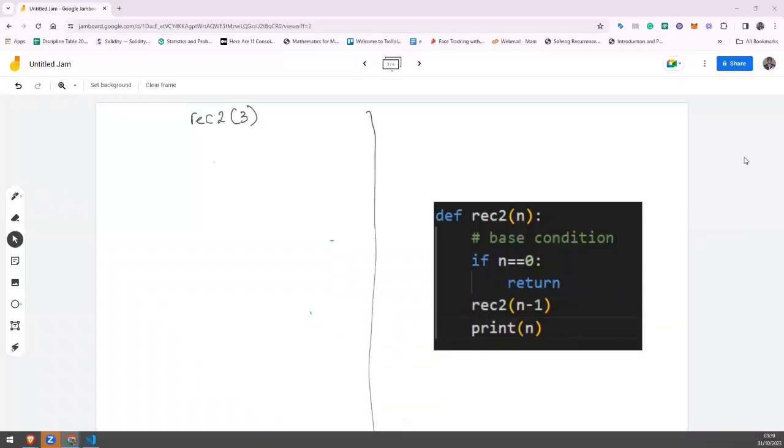So we're gonna have rec2, right? That's our first, we're starting at rec2. Now you see, we check is n equal to 0? No, it's not. So we continue. So okay, we have another recursive call where we decrement n. So that's now gonna be rec2, and it's going to be 2. Okay, then we called it again. So now we're going to decrement. So now we get here, we're going to decrement it again. So that's going to be now rec